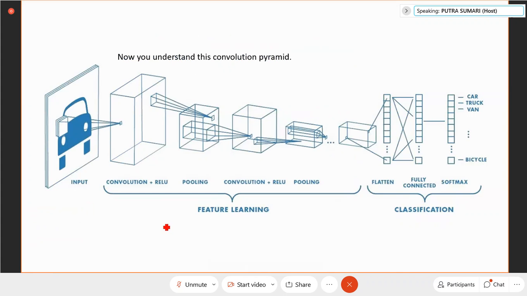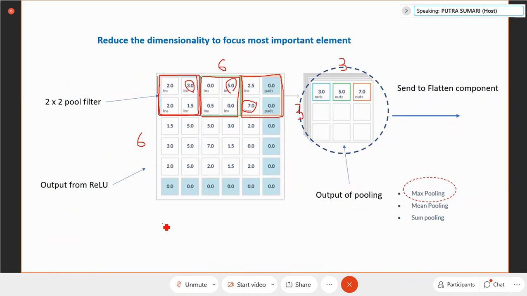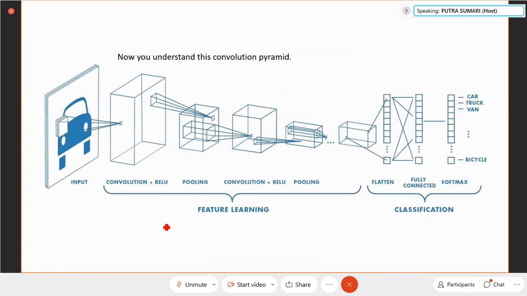All right. Now, okay, I think we're finished with the convolutional neural network, okay? So now you understand that with the convolutional network, you got this convolution, ReLU, pooling. You can do another convolution, ReLU, pooling again, and so on until you stop. Convolutional, ReLU, pooling, then repeat again, convolutional, ReLU, pooling, then repeat again. At the end of the day,